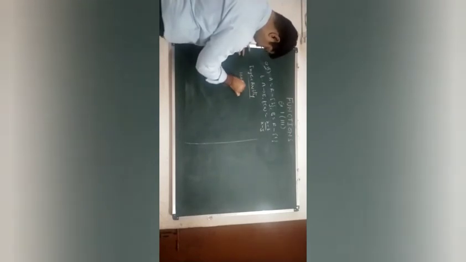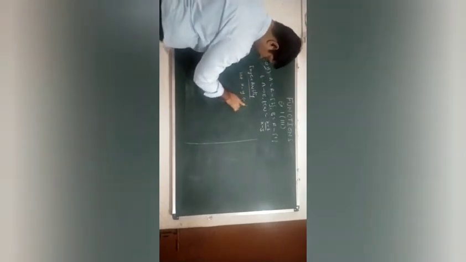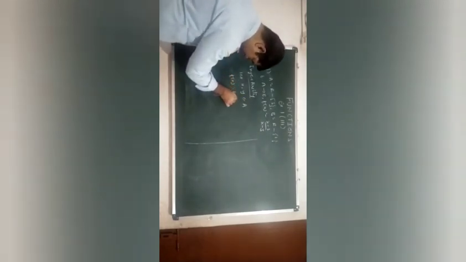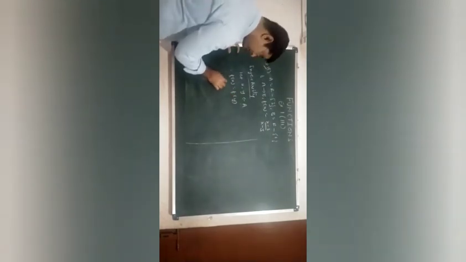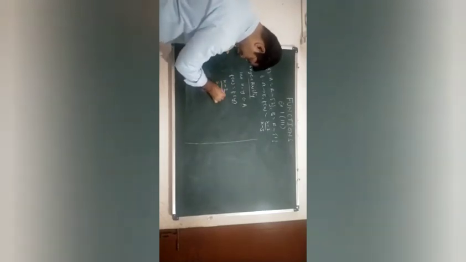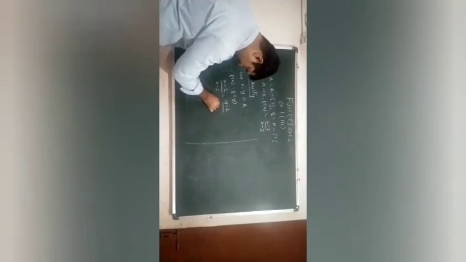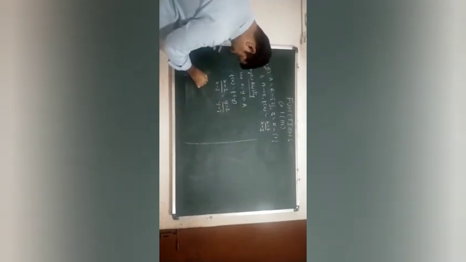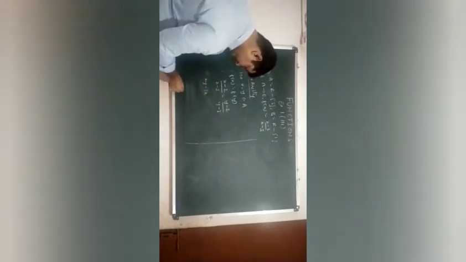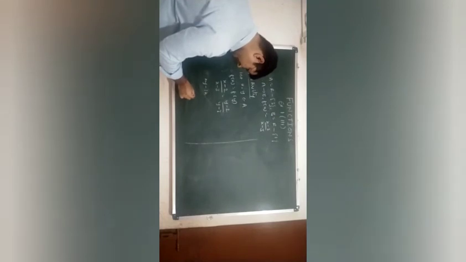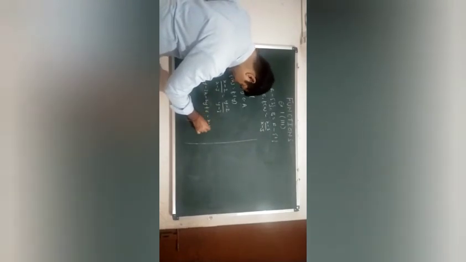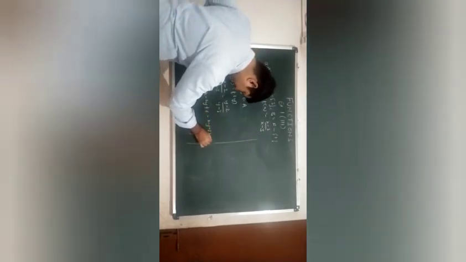Okay, let x and y belong to set A, that is the domain, such that f of x is equal to f of y. Therefore (x minus 2)/(x minus 3) is equal to (y minus 2)/(y minus 3). Therefore xy minus 3x